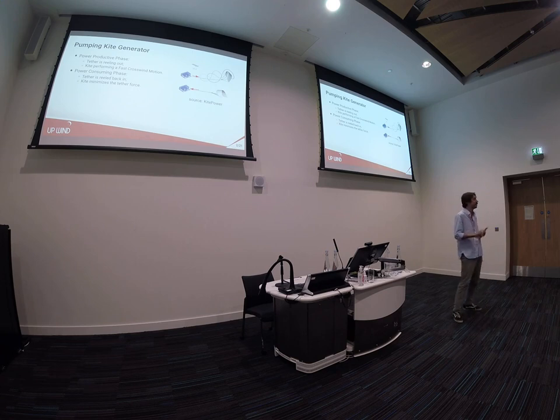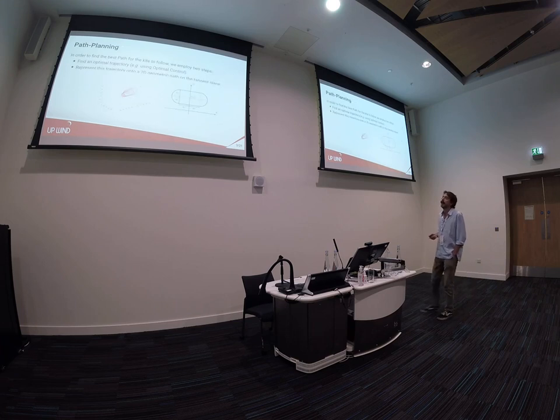two different phases. A power production phase, in which we want the kite to follow a fast crosswind motion, and another power-consuming phase in which we want the kite to withdraw the least power from the wind. In the power productive phase we reel out the tether and produce electricity, and in the power-consuming phase we reel the tether back in. I'm going to focus on the power productive phase, and in a path following controller, the first step